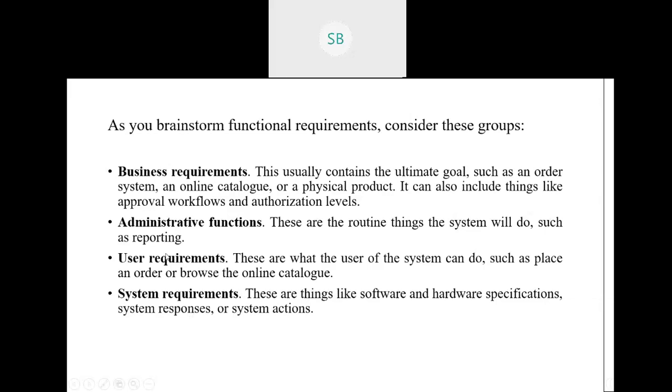Now next come the user requirements. You understand the words user requirements, right? What does this mean? It means what the system can do and what the user should get from the application, how the system will work. Let me give you an example. In your ERP system, we have different permissions because different parties are there: we are the faculty, and you people are students.